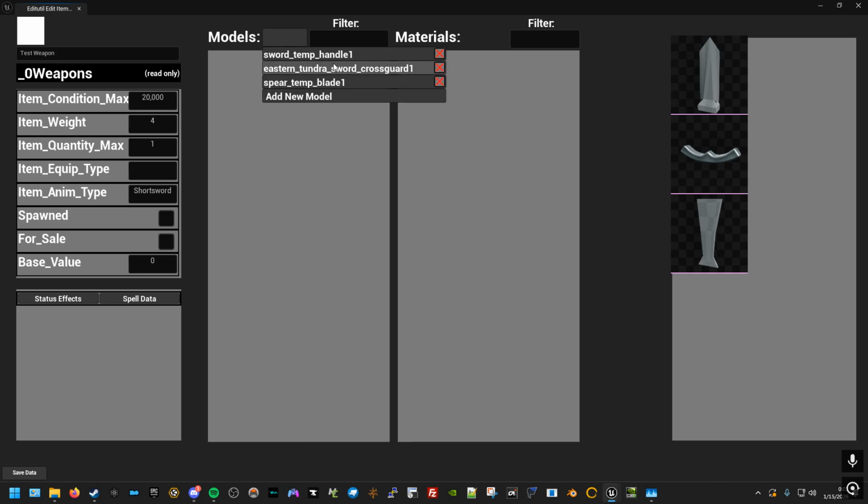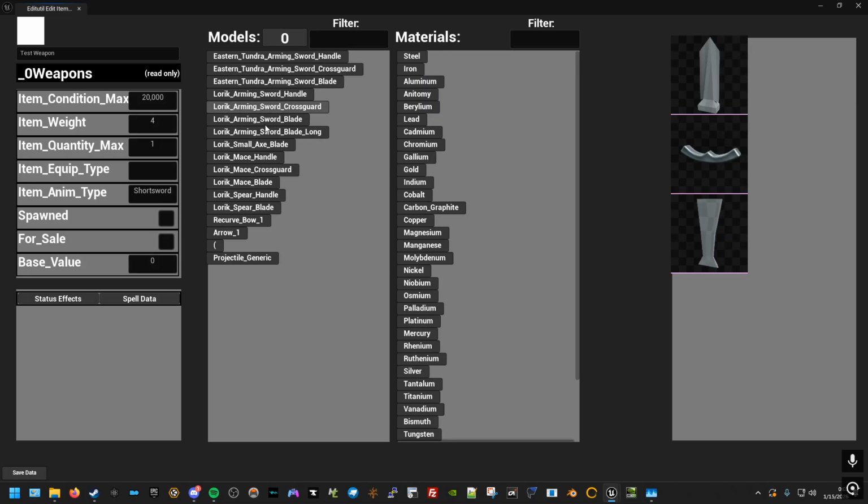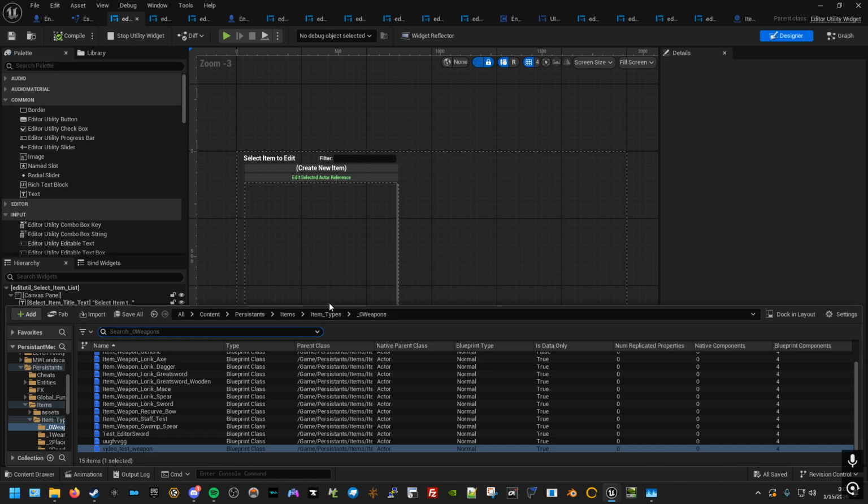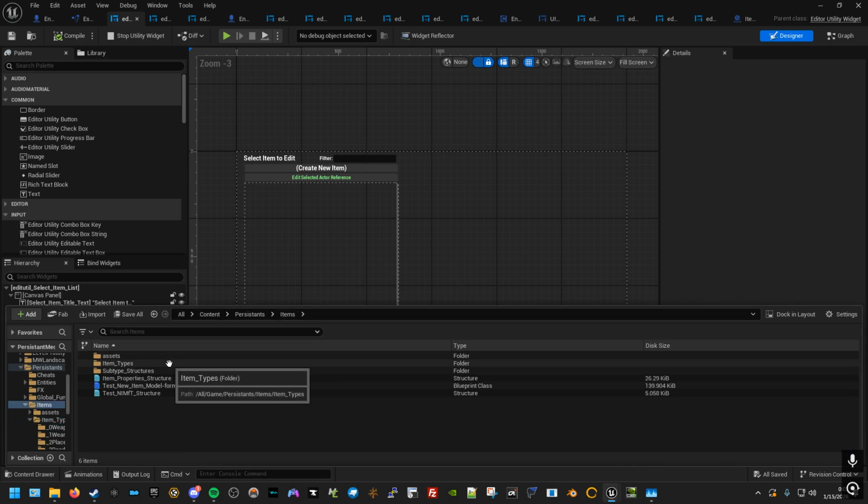So these, as far as when it's applying to weapons, because it filters and only shows you weapon stuff when you're making a weapon, whereas you have a list of every model possible when you're making a miscellaneous object. The reason it's restricted for weapons to only weapon model types is because each one of these is a style. And each style associates to data in the game. To be specific,